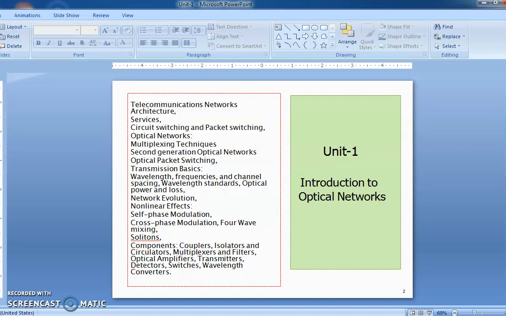second generation optical networks, optical packet switching, transmission basics, wavelength, frequencies, channel spacing, wavelength standards, optical power and loss, network evolution, non-linear effects, self-phase modulation, cross-phase modulation, four-wave mixing, solitons, components, couplers, isolators, circulators, multiplexers and filters, optical amplifiers, transmitters, detectors, switches, wavelength converters,